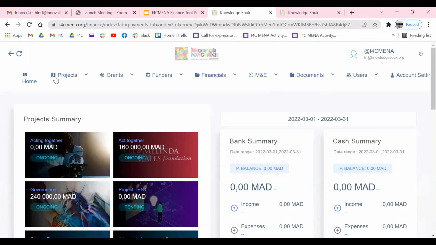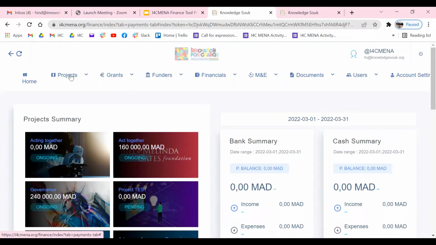So the tool displays, as you can see on your screen, this is the home page, and at the top of this home page, there are many drop-down menus available to quickly access the content or the functionalities. The first one is dedicated to the project. We have also others for grants, vendors, financials, M&E, documents, users, and account settings.